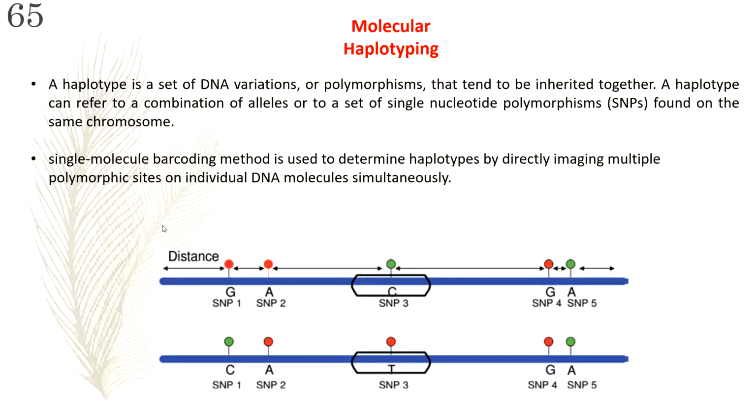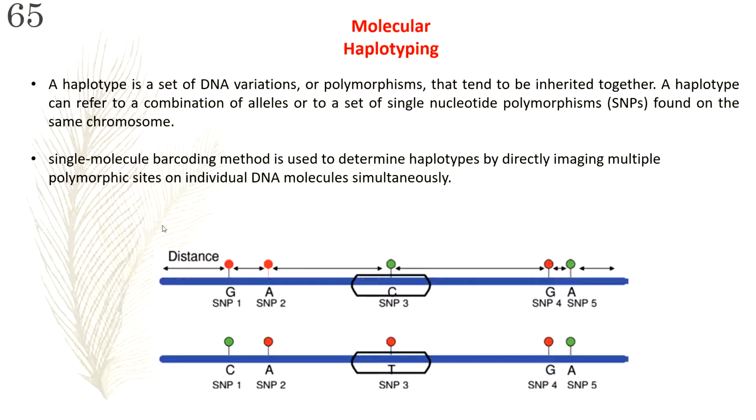Haplotype, it's just a variant of the same gene. Yeah, absolutely right. So what happens is that a haplotype is actually a set of DNA variations that tend to get inherited together because they are very close together, right? And they get inherited together because there are generally no crossovers or recombinations between these markers or between these different polymorphisms, because they are very, very close.